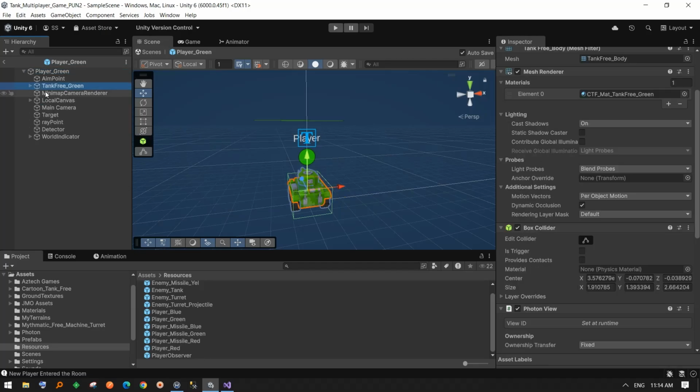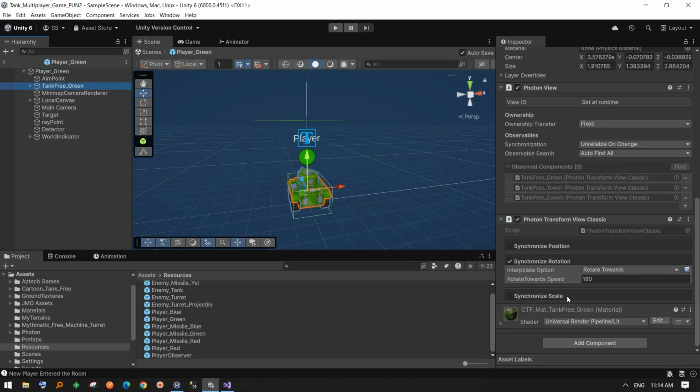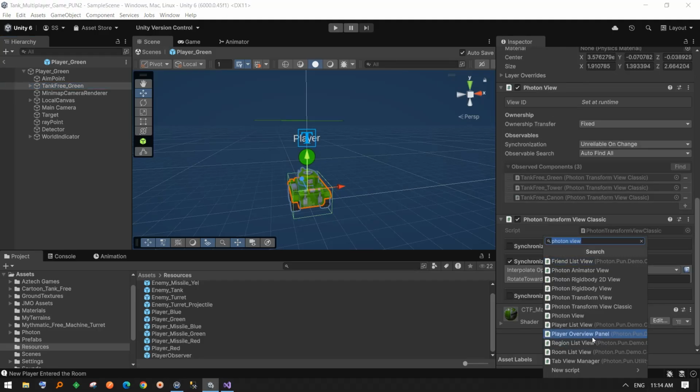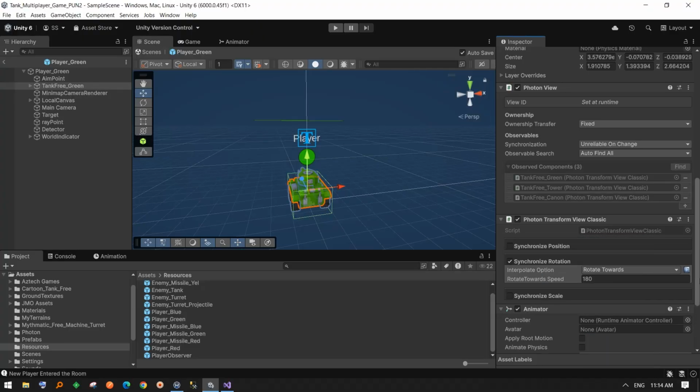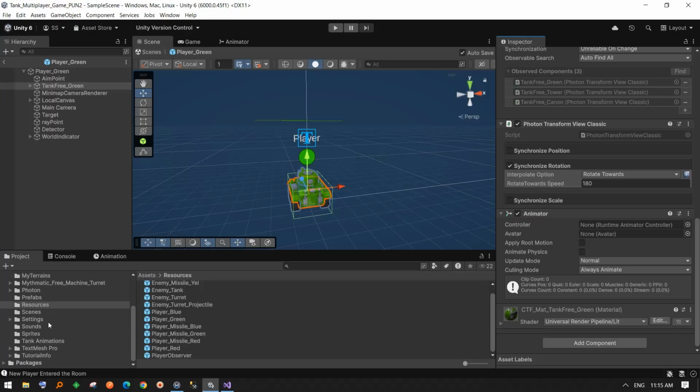So we select the subject and attach the animator component to it. For this field, we assign the tank animator controller,